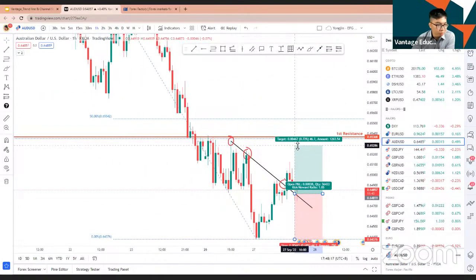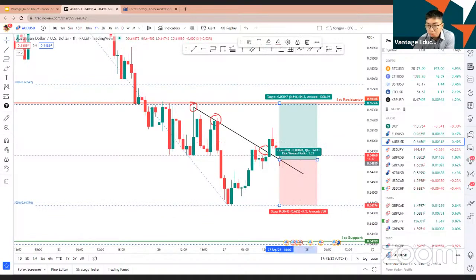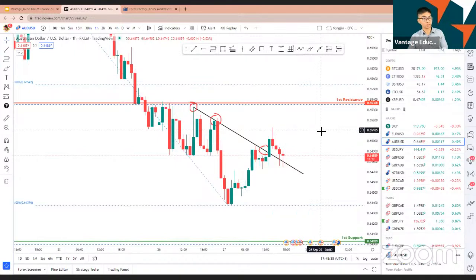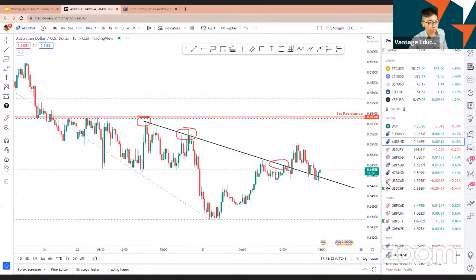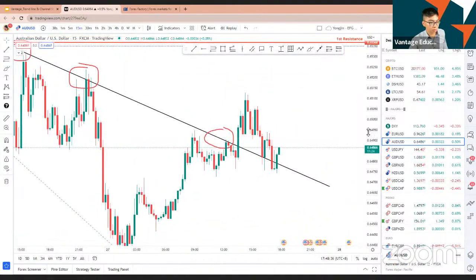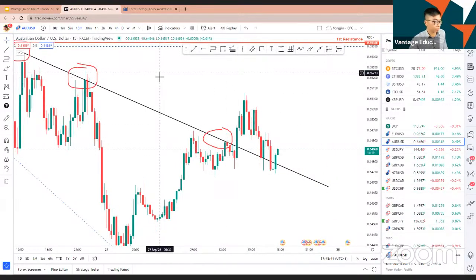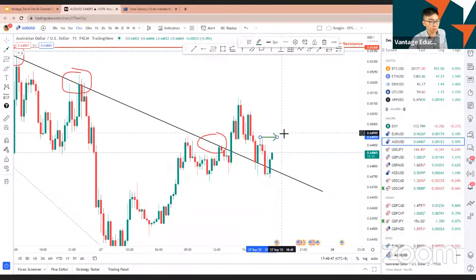So maybe my take profit might be at the first resistance line, 1 to 1.23 risk to reward ratio. Okay, this is the Aussie dollar. We are looking live. Let's go down to the smaller time frame, 15 minutes. On the 15 minutes, potentially what we can look out for. Okay, personally, for my personal trading method, what I like to look out for on the M15 is for price